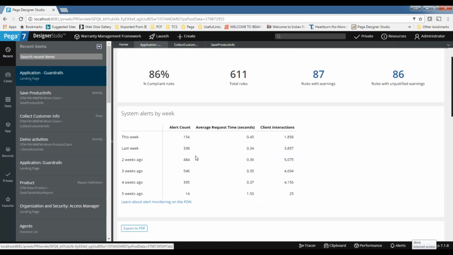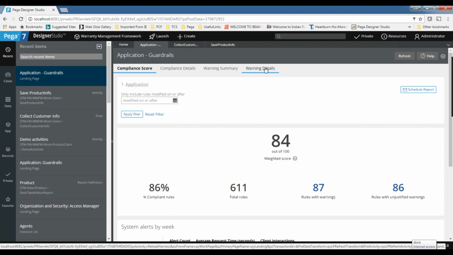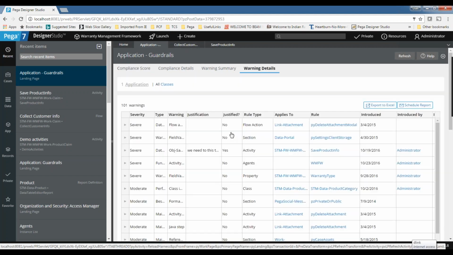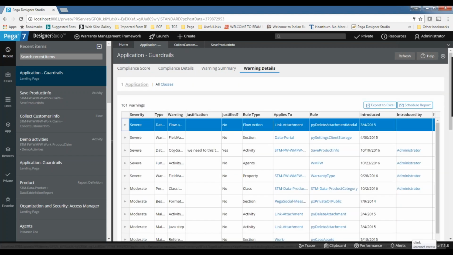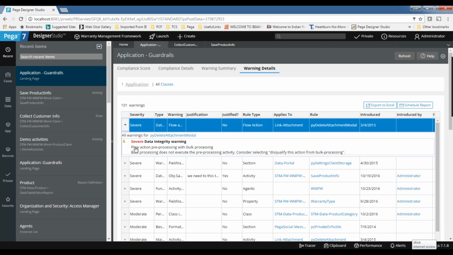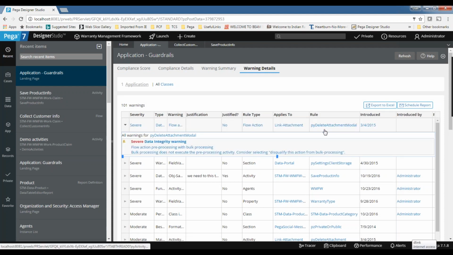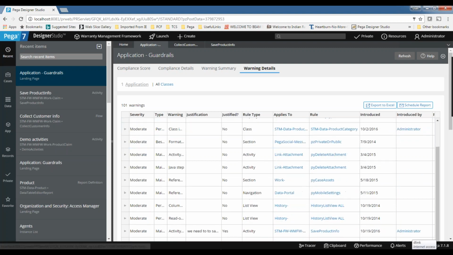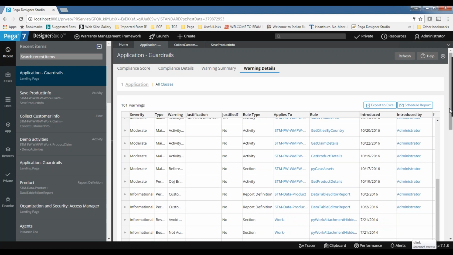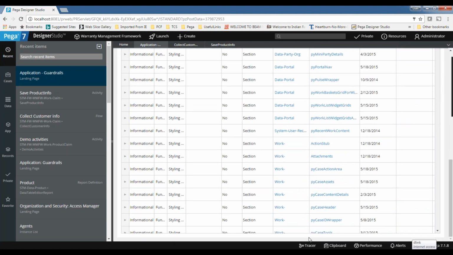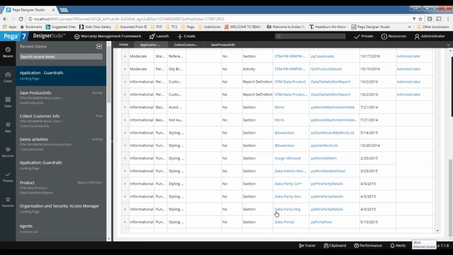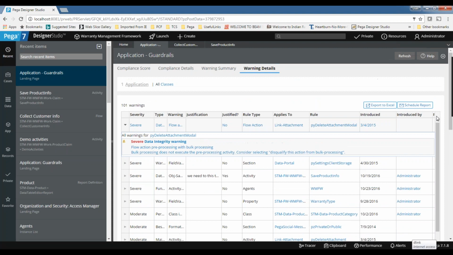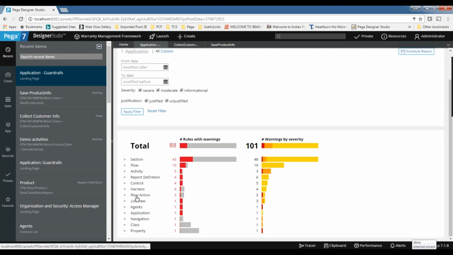So that is about guardrail warnings, how we need to fix it and how we need to verify it. Here, if you want to see all the things, you can expand it. You can see more details like flow action, pre-processing with bulk processing. This is not ours anyway. This is UI kit related. See, this column is missing here, so better to go here only. Here you can see them.